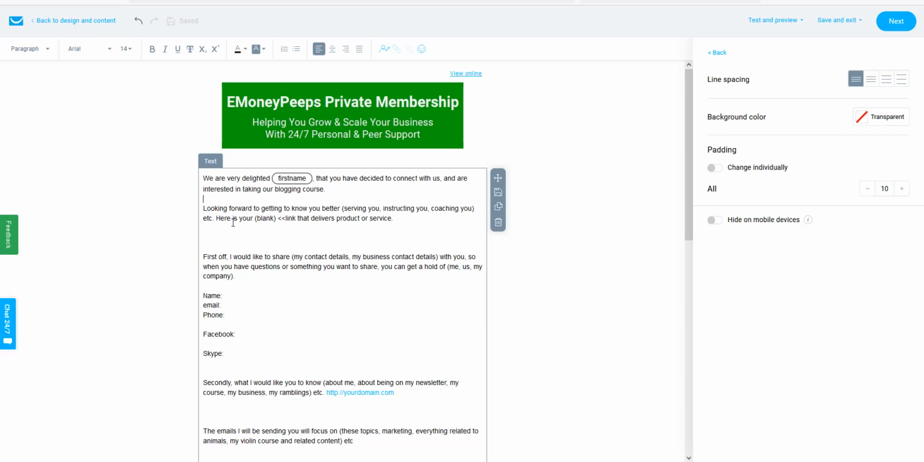But maybe they accidentally hit the close-out button or something happens, they get called away. You want to make sure in the email that you redeliver that link to get to that product they bought, that you promised them. You want to make sure it's in the very top of this email. So this is why, looking forward to getting to know you better, serving you, instructing you. I'm going to put looking forward to getting to know you better and instructing you